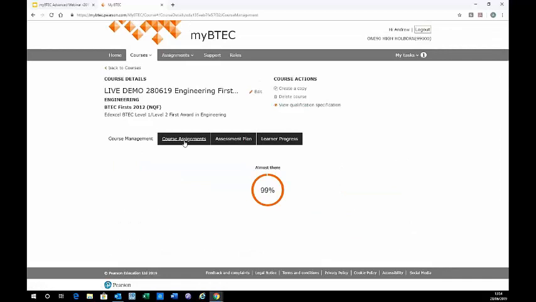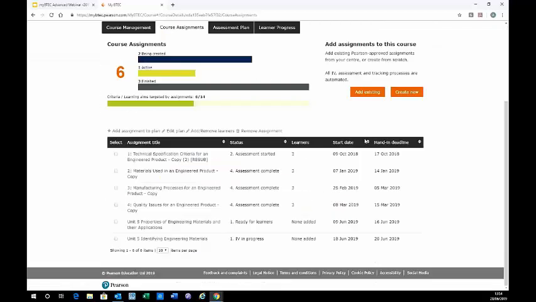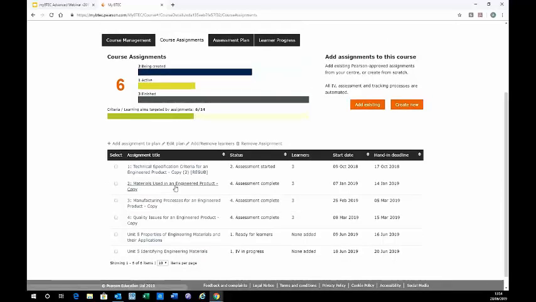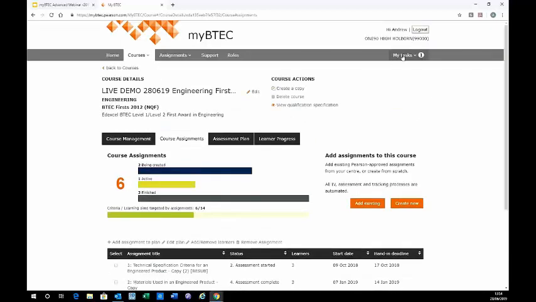So I didn't want to go to that. I wanted to go to course assignments again. So let's have a little look what's going off. Now I've got an IV in progress. Well, that means that through the ether, an email has been pinged into the inbox of my internal verifier, and also my internal verifier will have a little my task that's popped into their